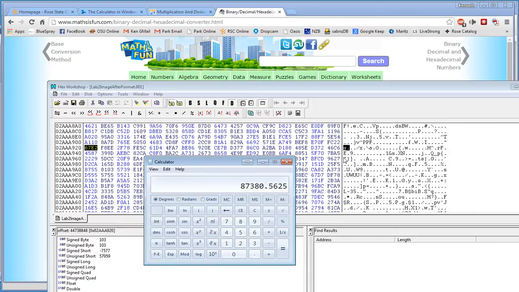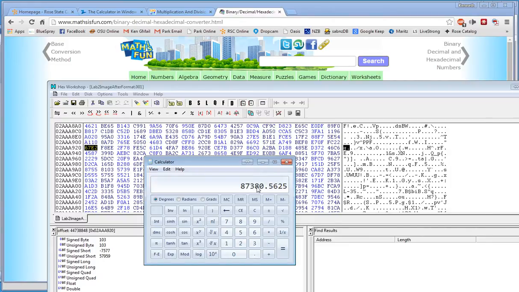Since it has a decimal point and numbers at the end here, it's not an even number, so it is not the beginning of a sector. So how do I find out what the beginning of the sector is? Well, if I was to take